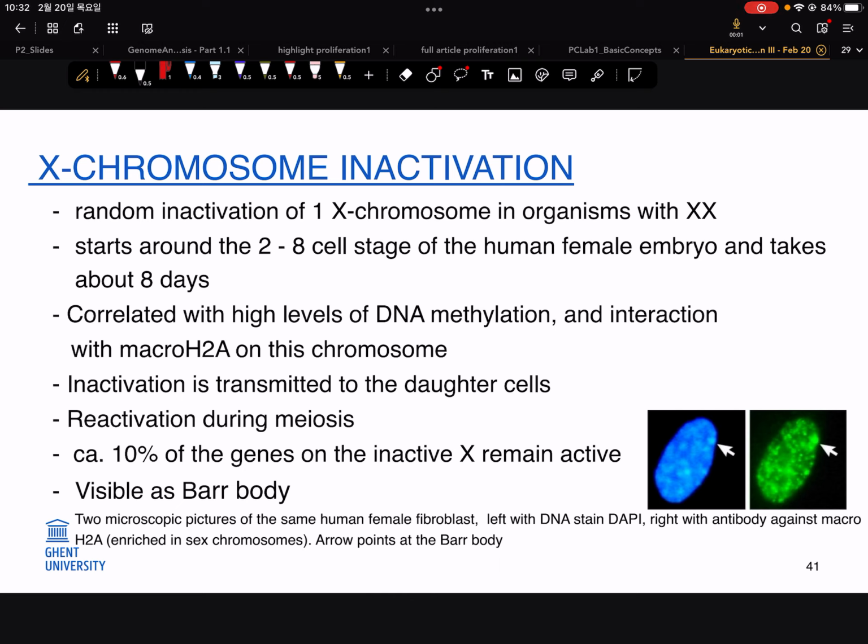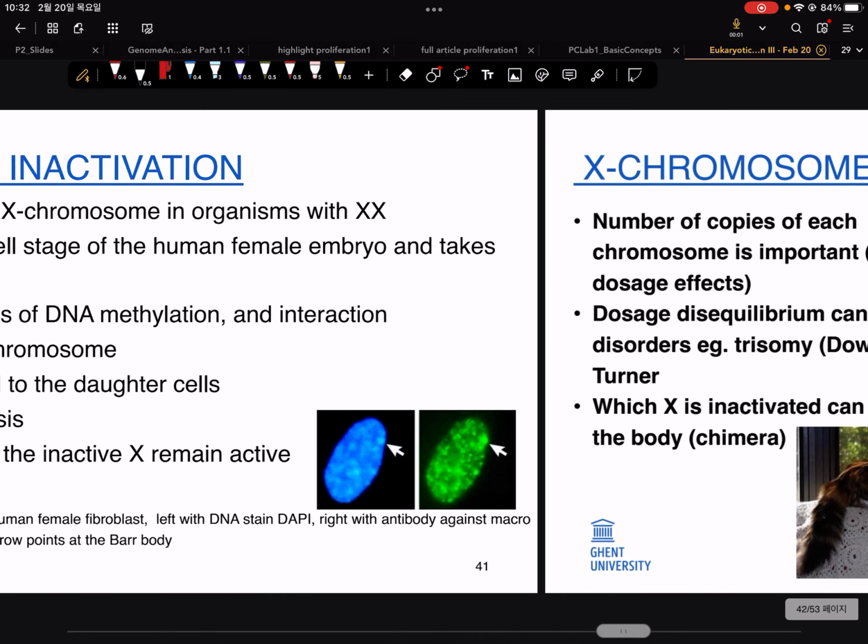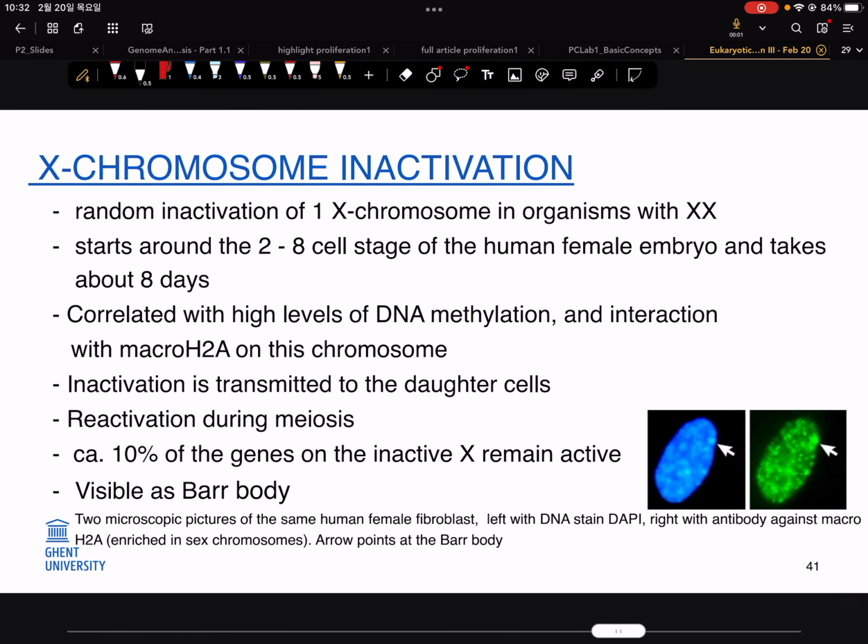Random inactivation. So it's not that every cell in our body has the same inactivation, and that is because this inactivation starts, so the moment that one of the 2 X chromosomes gets inactivated starts when the female embryo already has 2 to 8 cells. And it takes about 8 days. So it's during the blastocyst stage that we get this inactivation, and it's random for every cell. So we are all mosaics. We are all chimeric